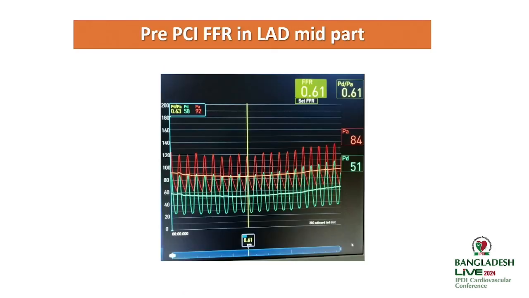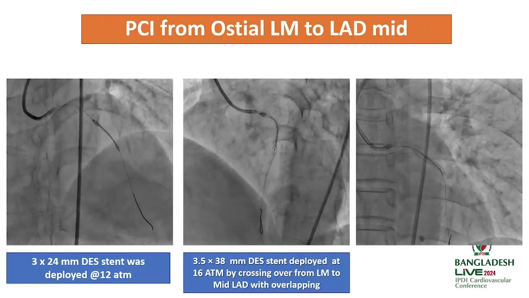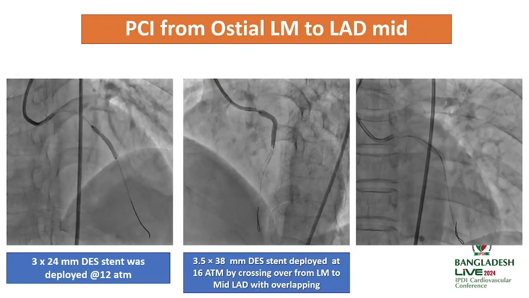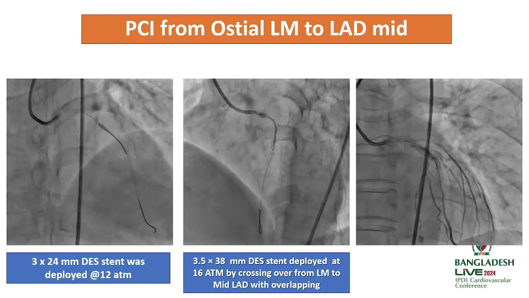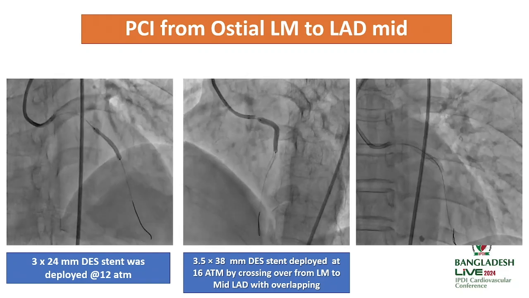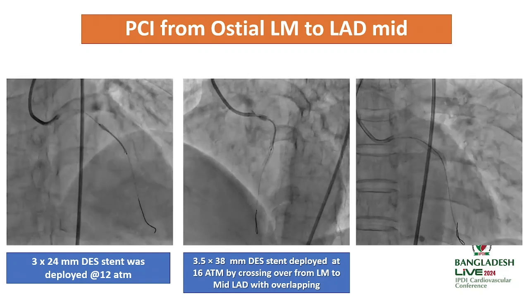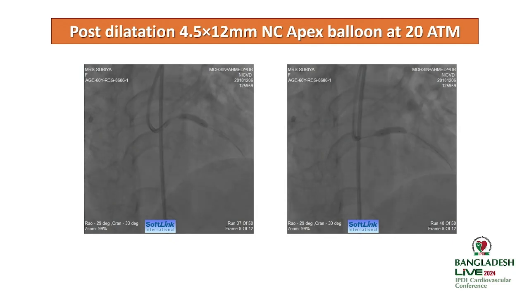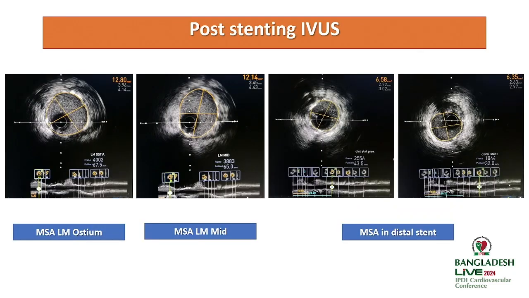We do the FFR in the LAD mid part. It shows it was a functionally significant lesion. So we do the PCI from the ostial left main to LAD with a 3.5 into 38 mm DES and a 3 into 24 mm DES, overlapping both stents, and post dilate with a 4.5 into 12 mm NC Apex balloon at high pressure. Post stenting IVUS shows the image of the left main ostium, left main mid and distal is